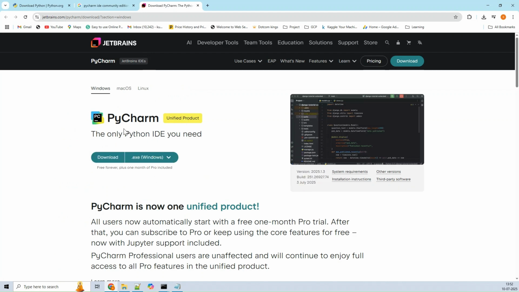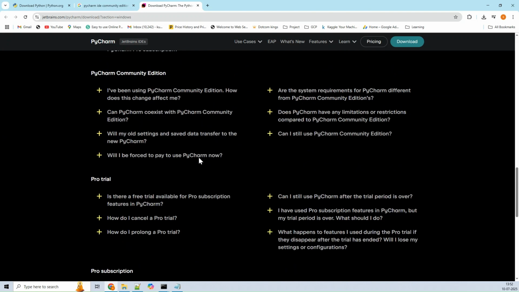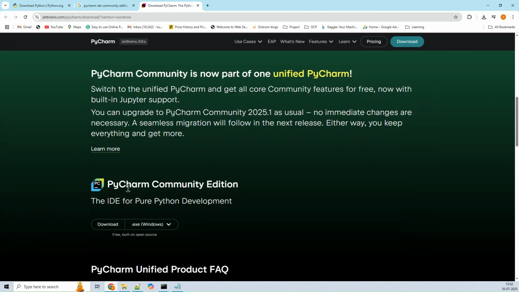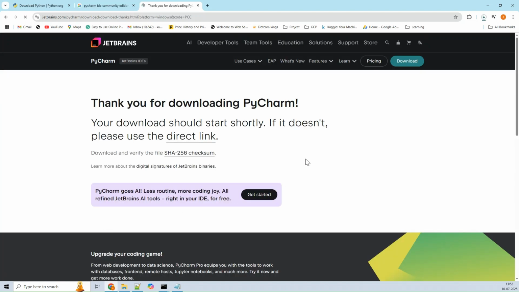This is only for the IDE you need to download. You can see some details have also been given. For the community edition you can scroll a little down, and here you can see PyCharm community edition. You just need to select your OS and click on download.